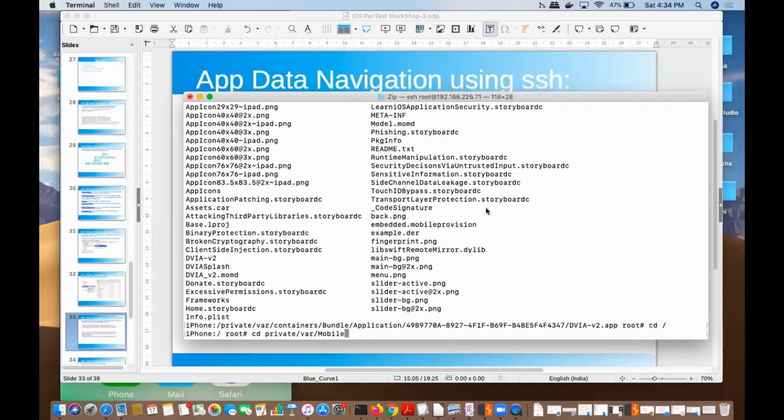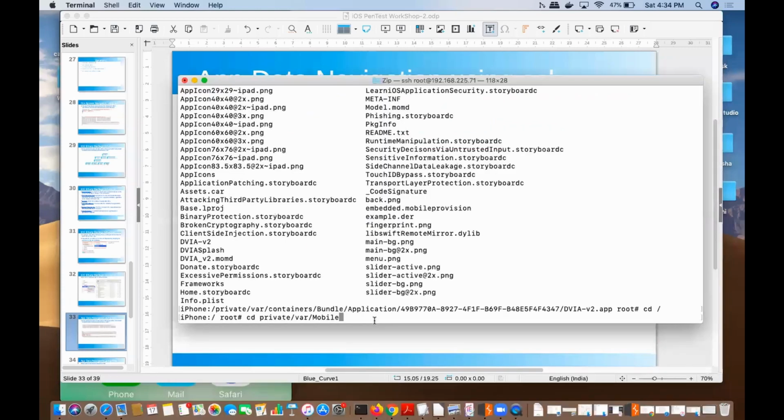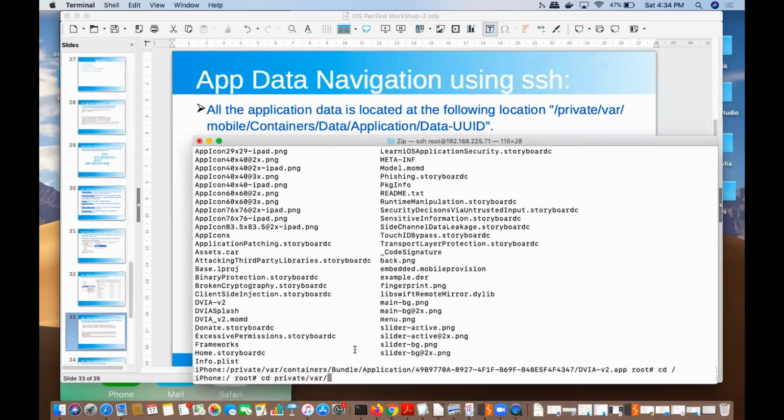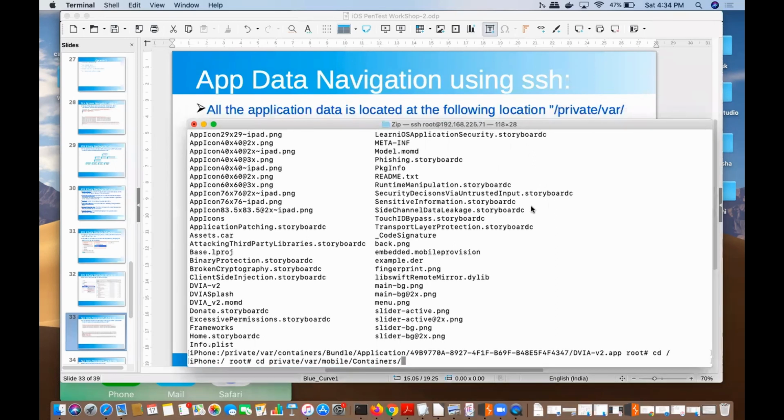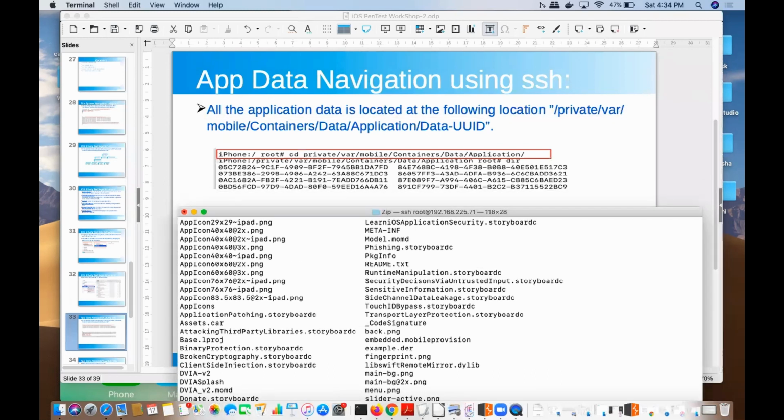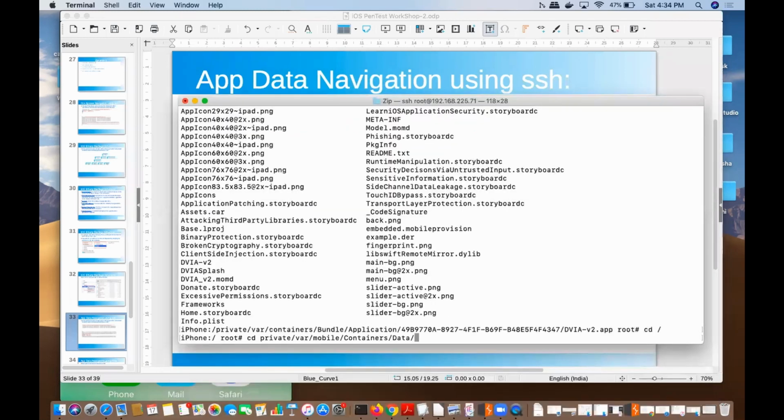Okay, mobile is not coming. Oh, it's in, I think, small letters. Okay, mobile, container and then data, applications,